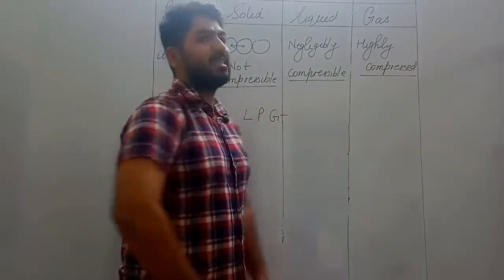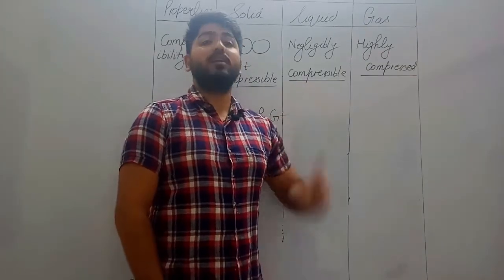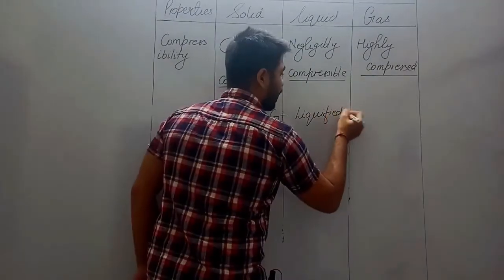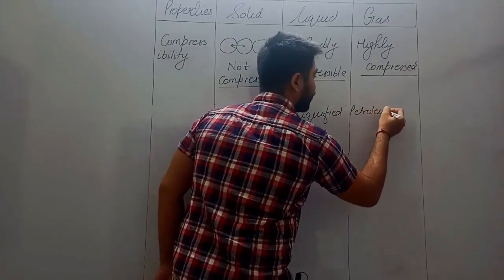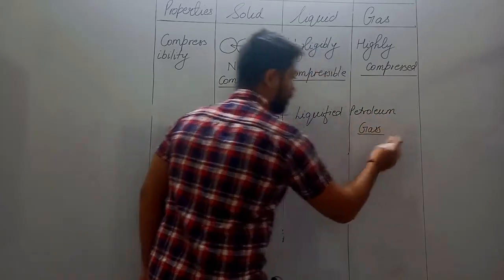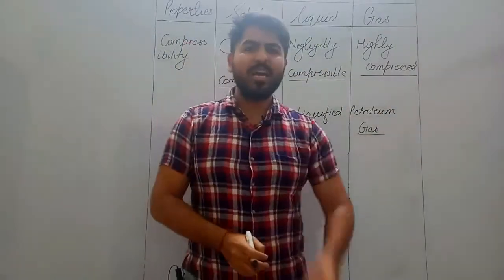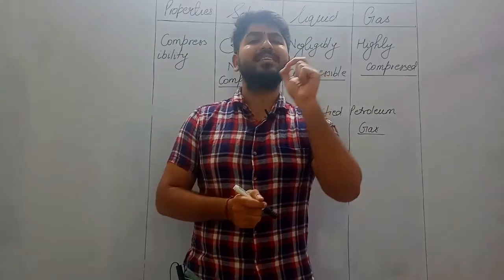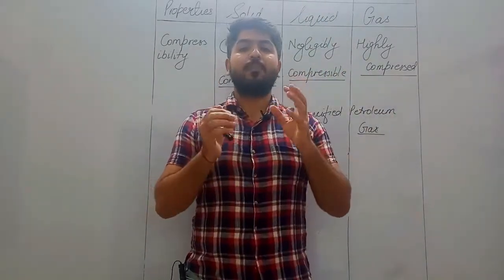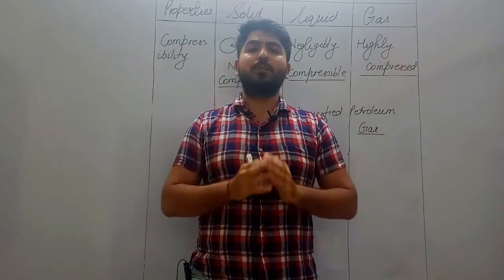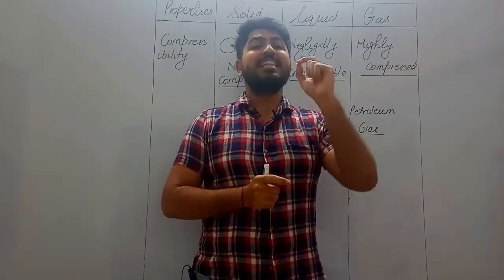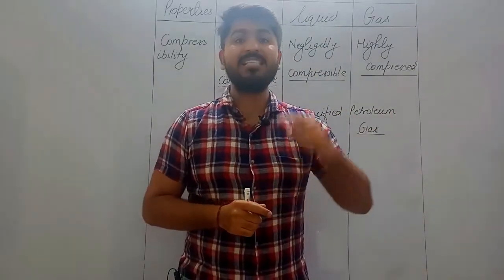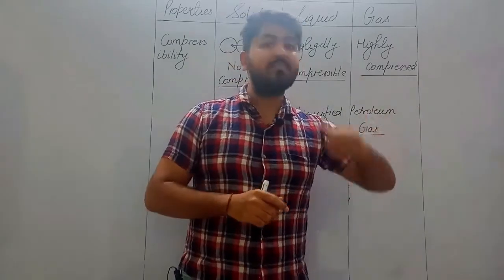LPG. That is LPG gas which we use in our kitchens, which is called as liquefied petroleum gas. Actually, our cylinders which we use in kitchens, they consist of a gas, but उस गैस के ऊपर इतना प्रेशर डाला होता है that the particles they come too much close to each other. Particles इतना close आ जाते हैं एक दूसरे के that the gas gets converted into a liquid state, and that's why it is called as liquefied petroleum gas.